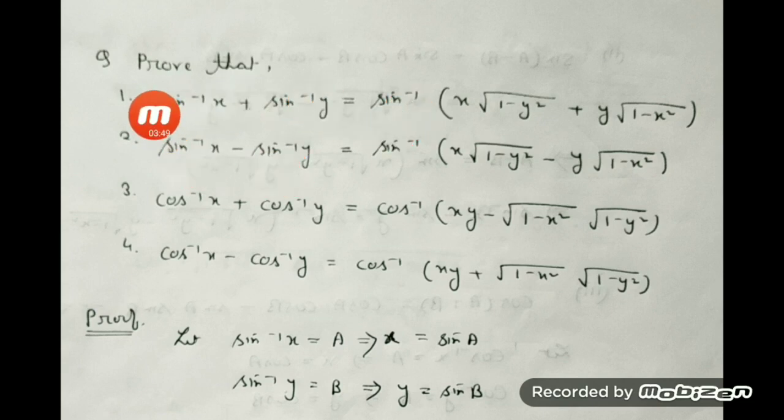Again I repeat. I name it as a and this as b, so it becomes a plus b. Since I want the answer in terms of sine inverse and our aim is to convert into trigonometry, I bring this to the left side and it becomes sine. So the left side becomes sine of a plus b. If you use the formula of sine of a plus b, then we easily obtain this answer. Hope you understand how to select which formula you have to use.